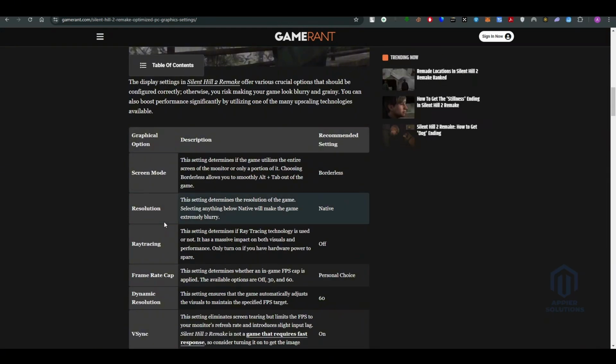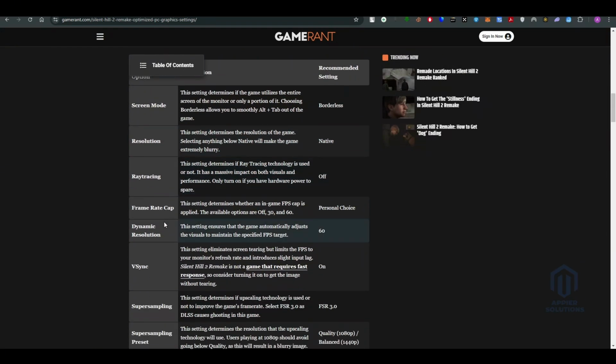So the best optimal graphical options is the screen mode. The screen mode should be borderless, resolution should be native, ray tracing should be off, the frame rate cap should be personal choice according to your GPU, but the dynamic resolution should be 60, the VSync should be on,